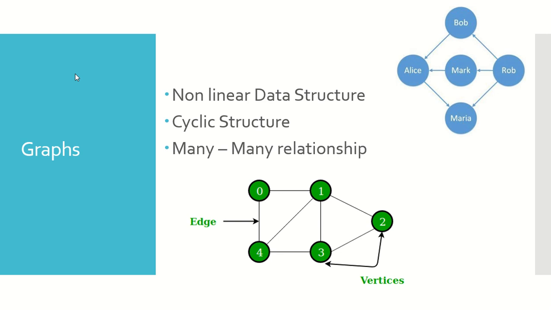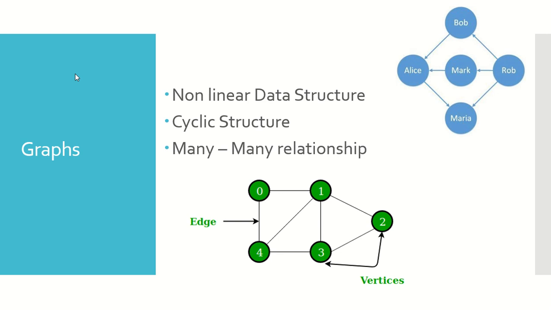Then you can best use a graph data structure when you have to represent many-to-many relationships between the elements of the graph. If you have some data that have many-to-many relationships within themselves, then it is advised to represent them with the help of a graph data structure.